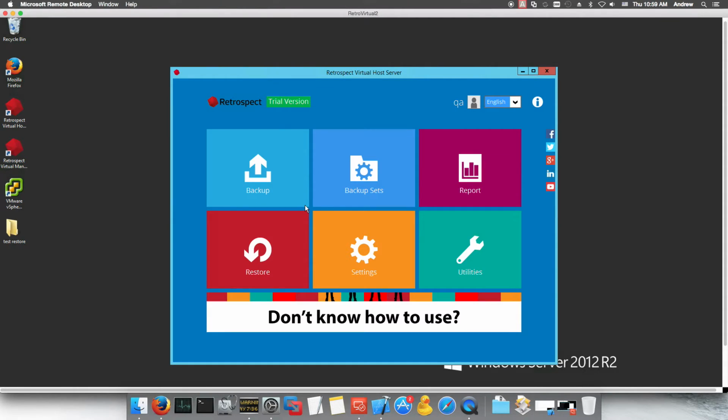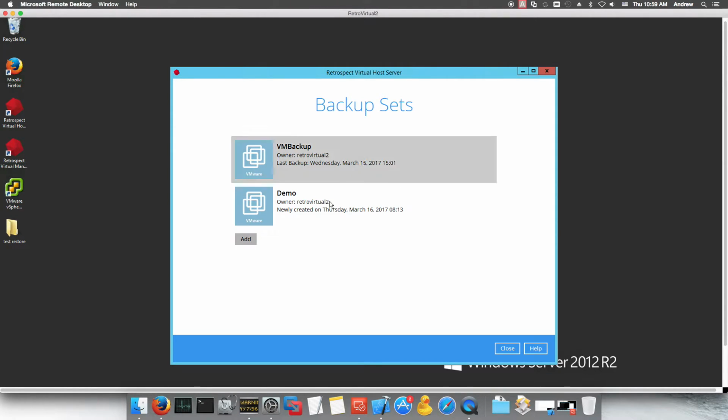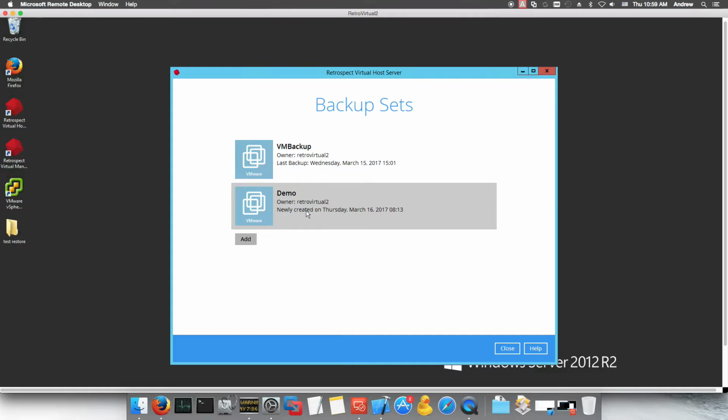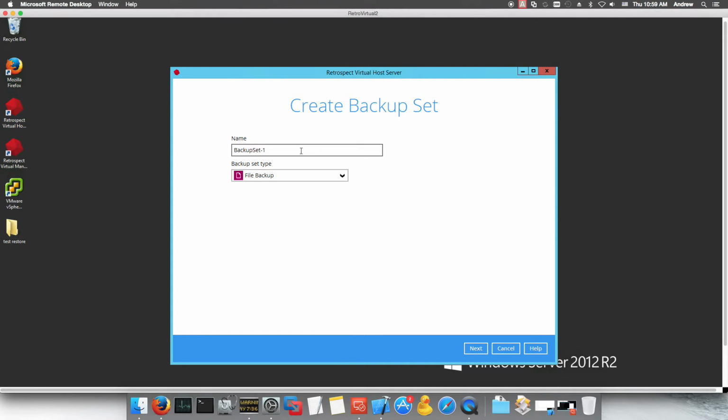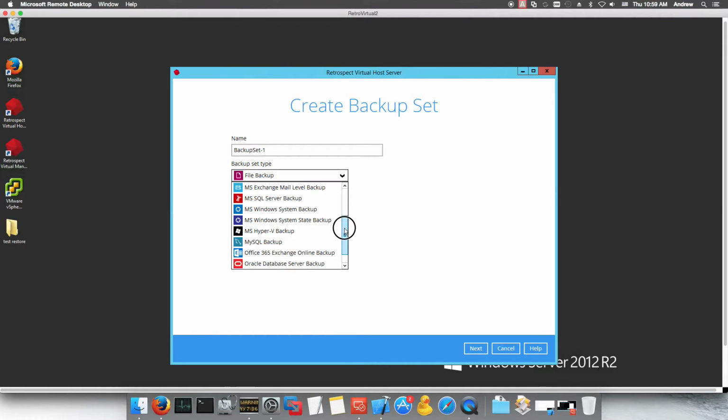to create your backup sets. So when you go to backup sets, you can see I already have a few created, but creating a backup set is pretty straightforward. You click on Add, and you can give it a name, and the backup set type in this particular case is going to be a VMware backup,